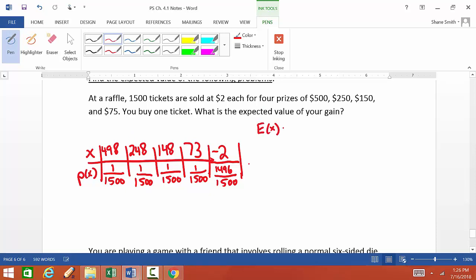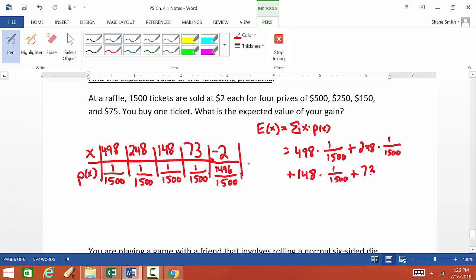Well, the expected value is the sum of x times the probability of x, which is the same thing as the mean. So I'm going to take each x value. So the first x value is 498. I'm going to multiply it by the probability, 1 over 1,500. And then I'm going to add the next one, 248 times 1 over 1,500. And I'm going to add the next one, 148 times 1 over 1,500. And then I'm going to add the next one, 73 times 1 over 1,500. And then, because it's a negative, I'm going to do minus 2 times, and don't forget, this is 1,496 over